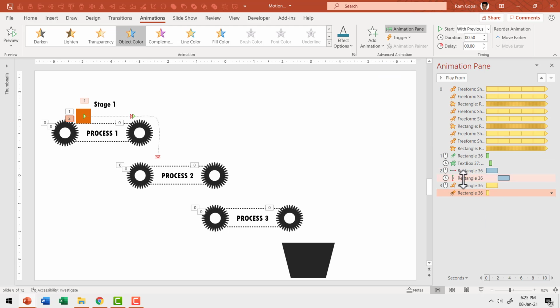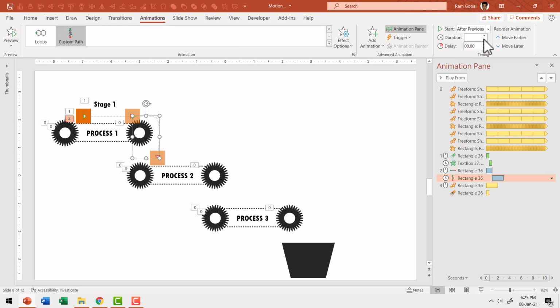Now let us make some adjustments to the duration and the timing. Now you can see that we have the first linear path animation. This is way too long. It is 2 seconds here. We need to have that to 1 second. Then right after that it falls over. For this also we need to give the same 1 second duration, and this happens after previous, as you can